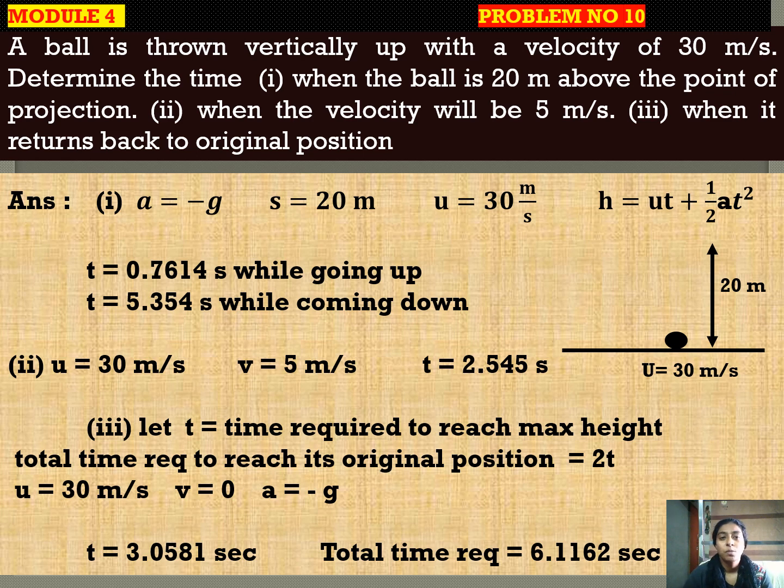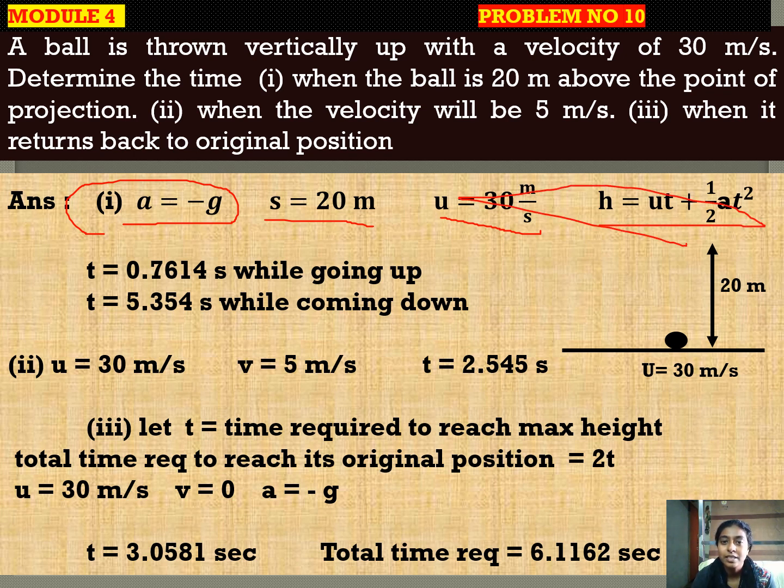Now, the last problem is a ball is thrown vertically up with a velocity of 30 meter per second. Determine the time when the ball is 20 meter above the point of projection. So, it is thrown vertically upwards, a equal to minus g, s is 20 meter, u is 30 meter per second. So, we will apply h is equal to ut plus half at square, substitute h is equal to 20 meter, u equal to 30 meter per second, a equal to minus g, that is minus 9.81, we get time t is equal to 0.7614 for going upwards, and by substituting g is equal to 9.81, we get t equal to 5.345 seconds